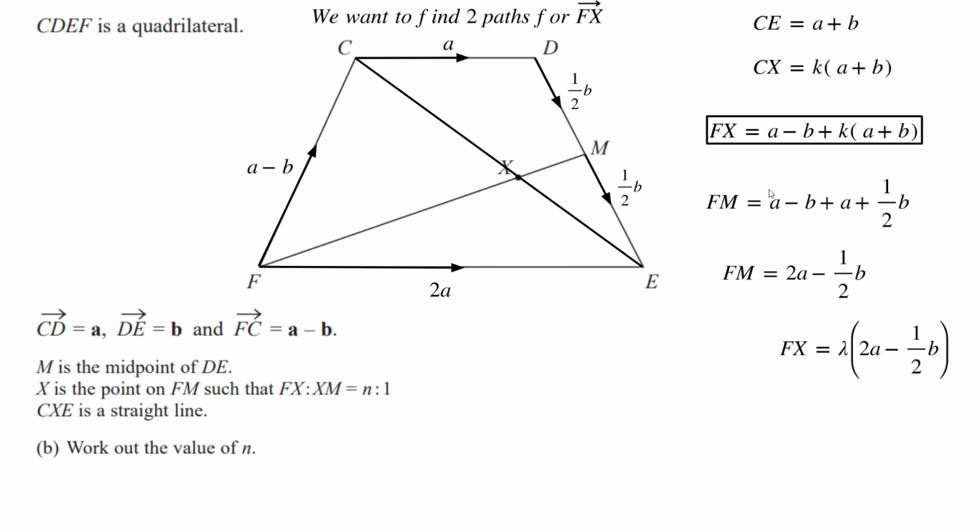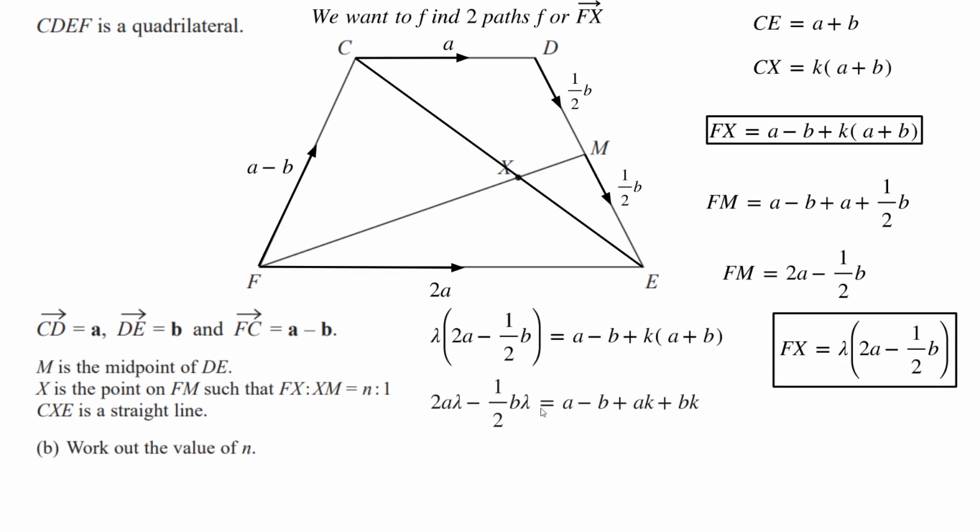Okay, because these are both FX, we can set them equal to each other, and then expand to get this. Now what we need to do is equate coefficients, and what that means is to have a look at the coefficients of A and B, or just whatever these letters are. So if it was a C, like in the other one, we'll look at C. So here, let's look at the coefficients. Coefficients are just the numbers next to it. So for example,